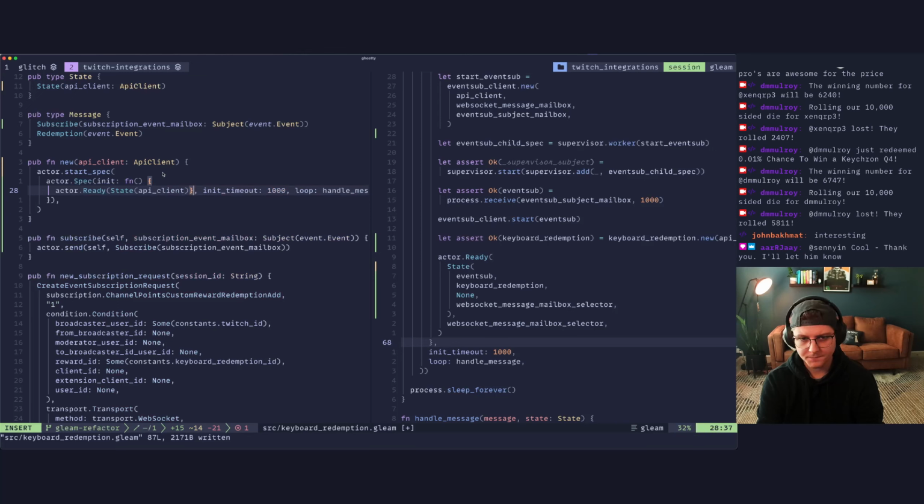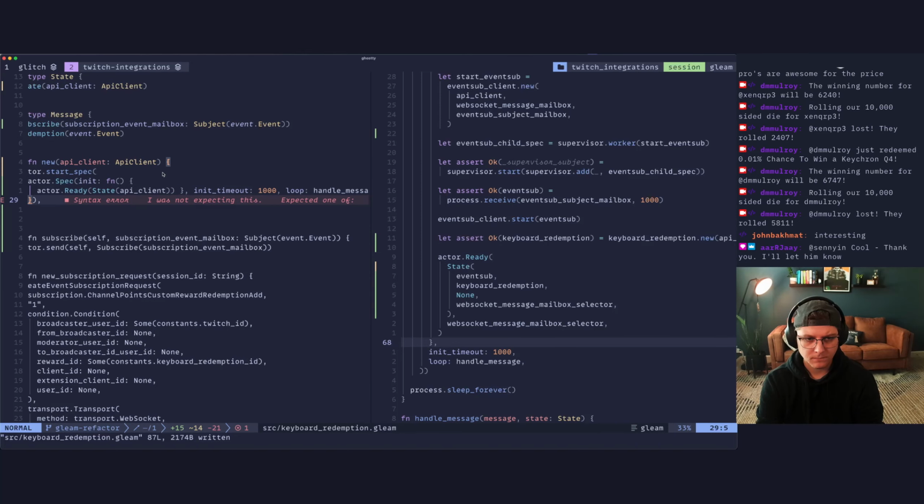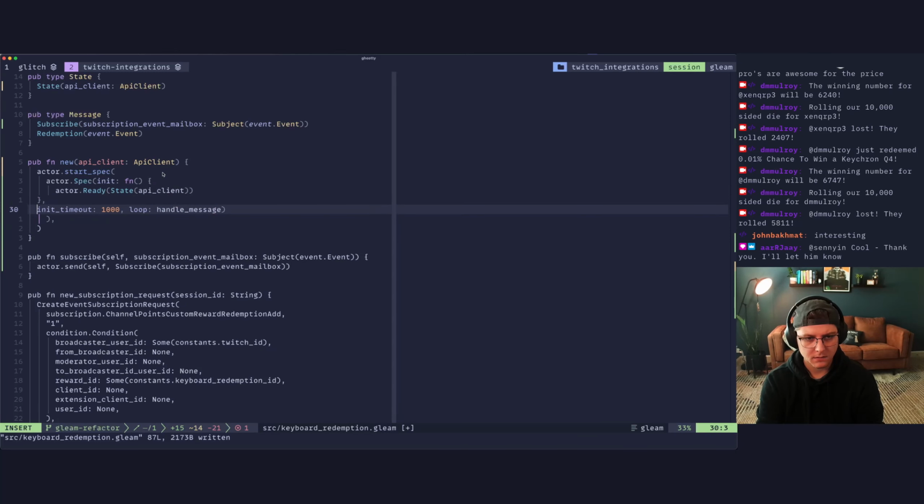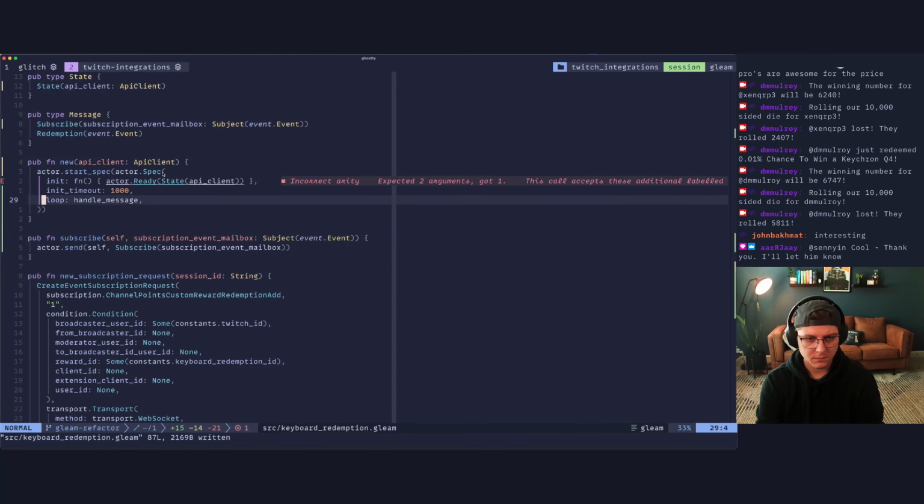Oh, I didn't close my lambda. Why? What's wrong here? That closes there, which it shouldn't. No, that should. That's right. Because there's our lambda. And then we have that there. That must be the problem.